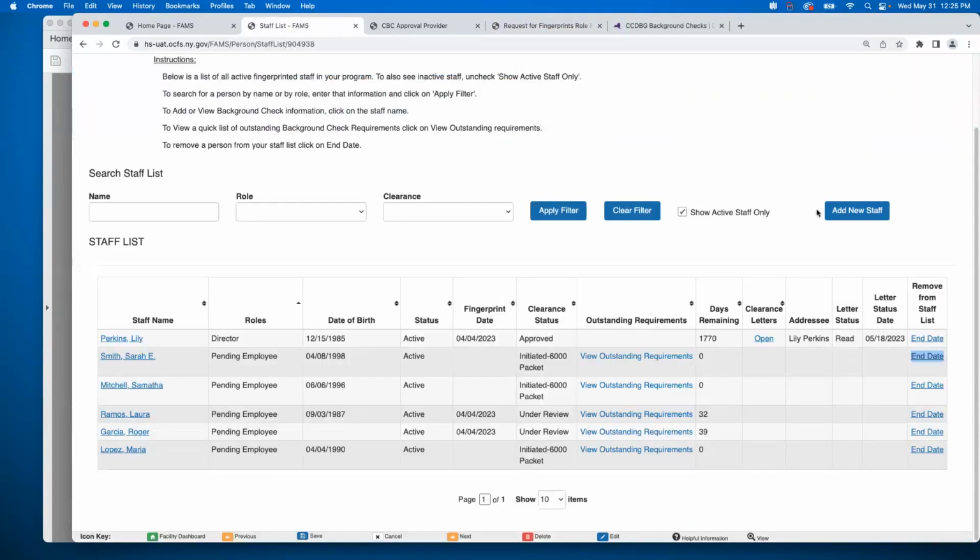All right, and that's it for the staff list. If you do have a large number of employees and you don't see them all, there are some filters down here so you can show 10, 25, 50, or all items, and you might have multiple pages, so do be sure to move through those. Once an individual has been fingerprinted,